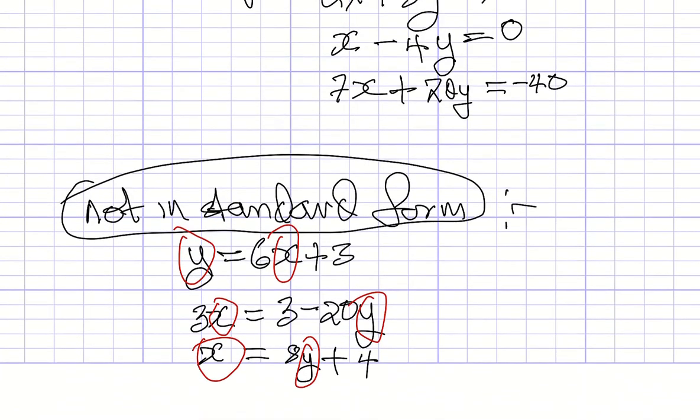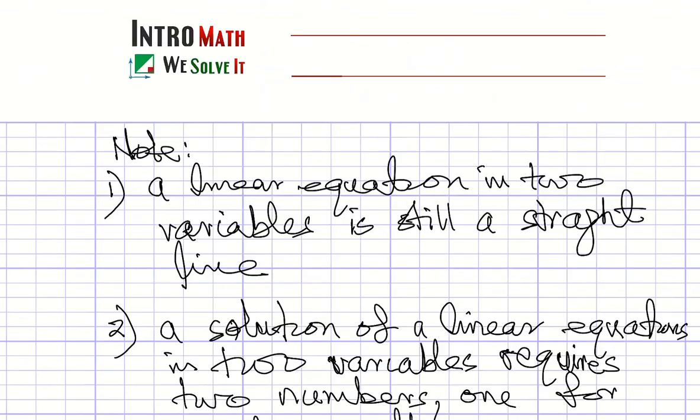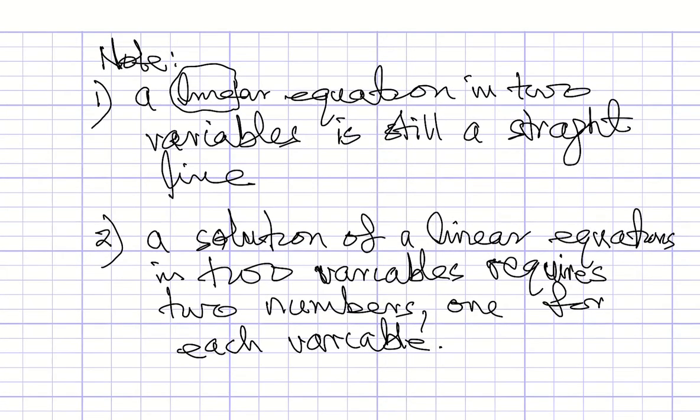So that's what we understand by a linear equation in two variables. Now note this: a linear equation in two variables is still a straight line, because the word linear has line in it, okay? So it's still a straight line, like a linear equation in one variable. And then also note that